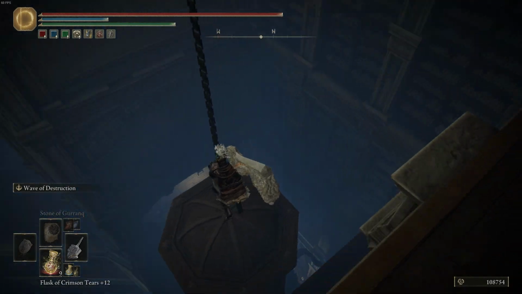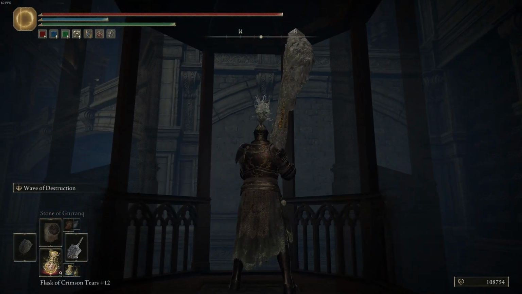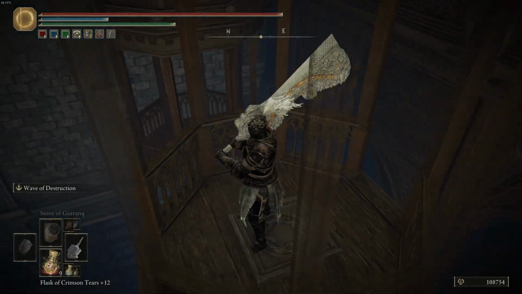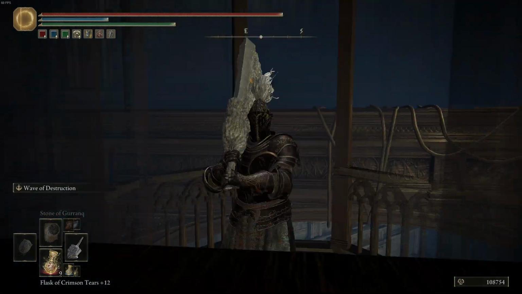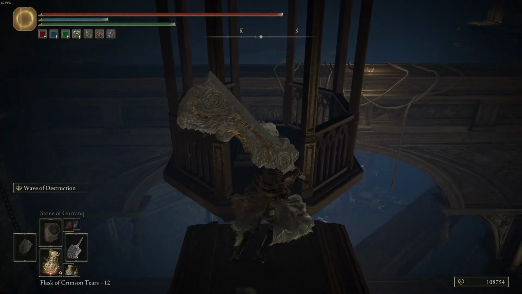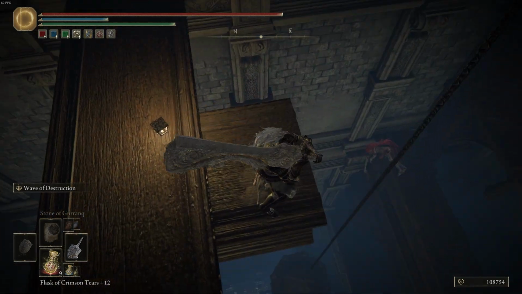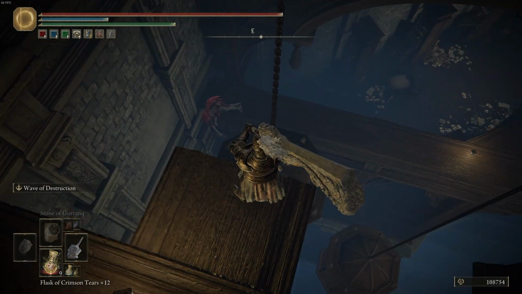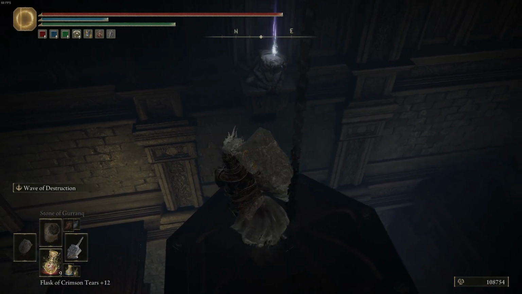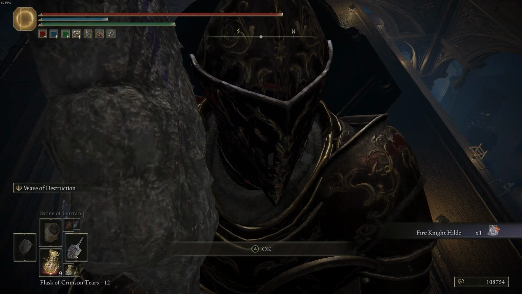Then jump onto this roof. Did this one go up? And what we want to do now is activate this one and wait so we can jump on this on the roof here. Then jump over there, grab Fire Knight Hilda,